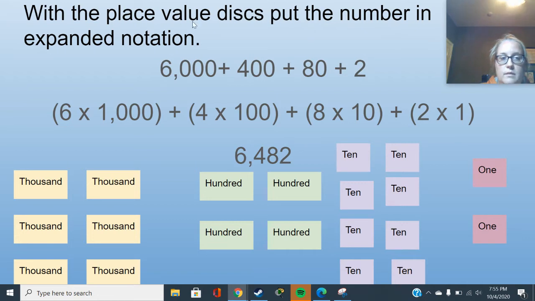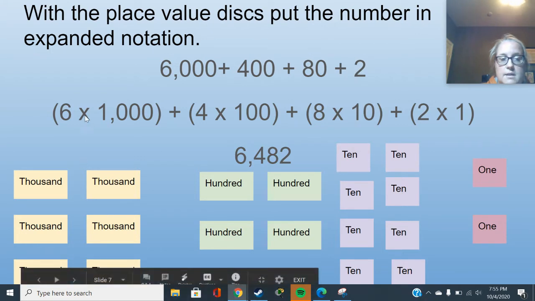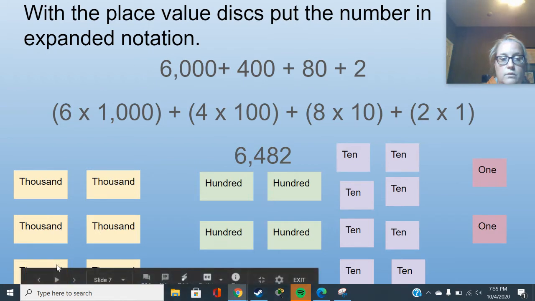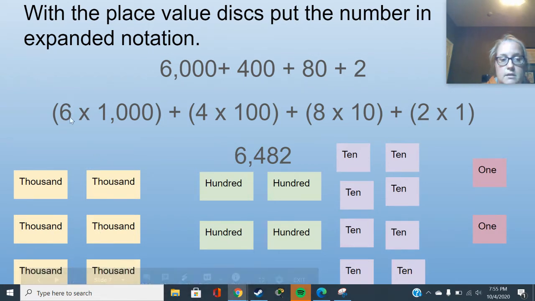So this says, with the place value discs, put the number in expanded notation. So again, I have it in expanded form to show that they all are related. 6,000 plus 400 plus 80 plus 2. Well, I'm going to use my place value discs to help me to write out my expanded notation. So I have 1, 2, 3, 4, 5, 6. So there's my 6 times whatever place was in my place value discs. So this was the thousands. So then I'm going to write 1,000, and I'm going to write it as a number, not as a word,